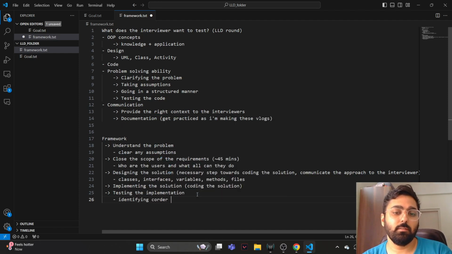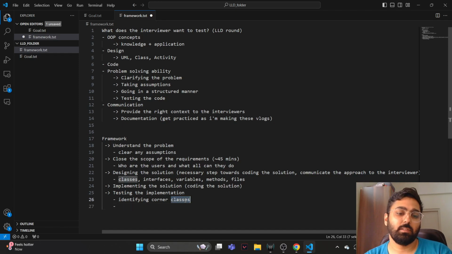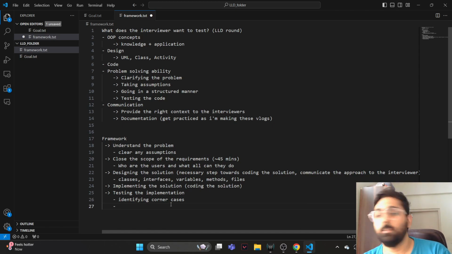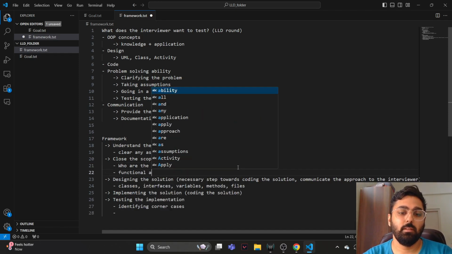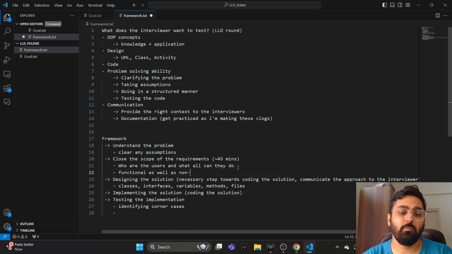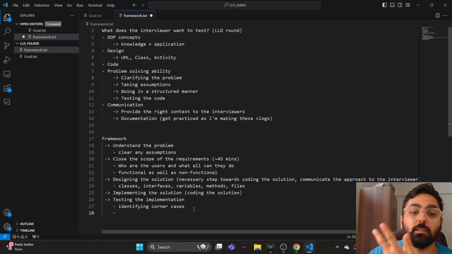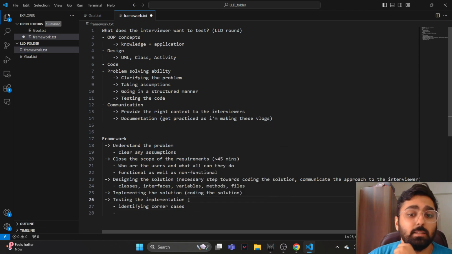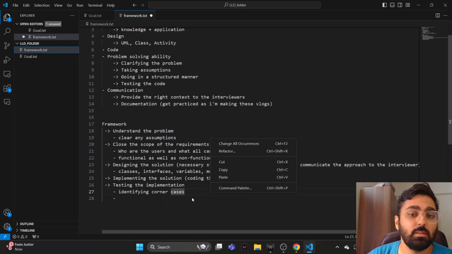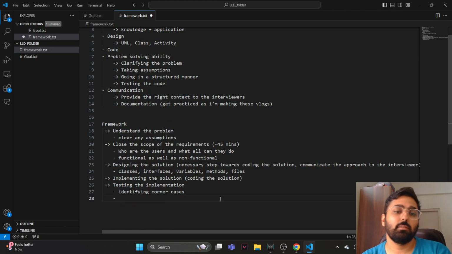identifying corner cases probably. What else do we want to do? By the way, the requirements probably should be functional as well as non-functional, right? For example, if they tell us to design a booking system and say that multiple people should be able to book at the same time, that is definitely a non-functional requirement which we need to take care of. So functional as well as non-functional requirements, identifying corner cases as well as